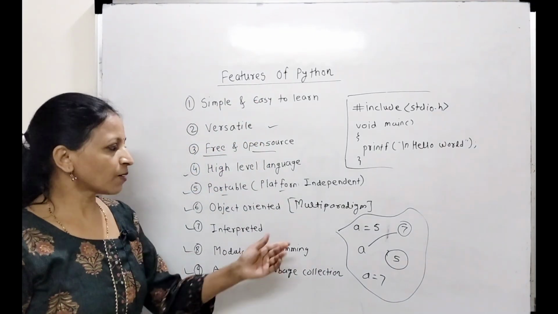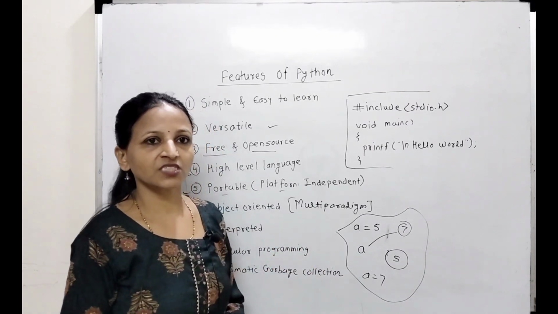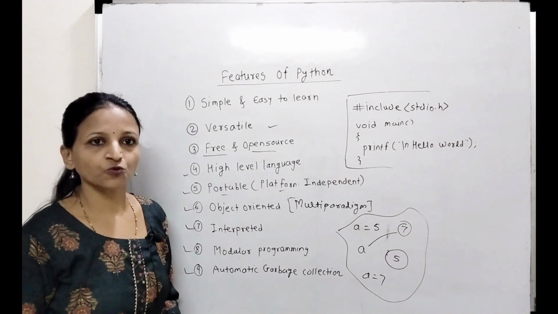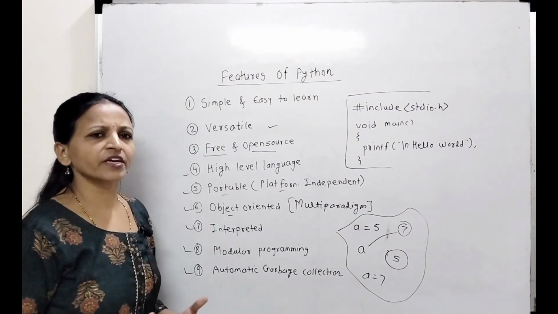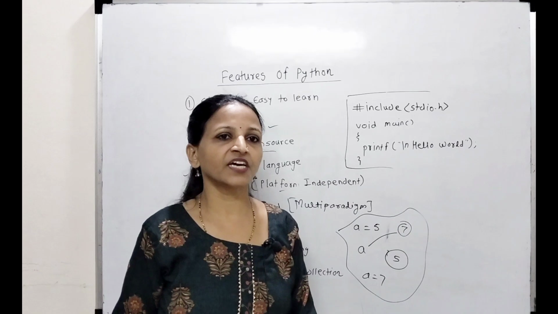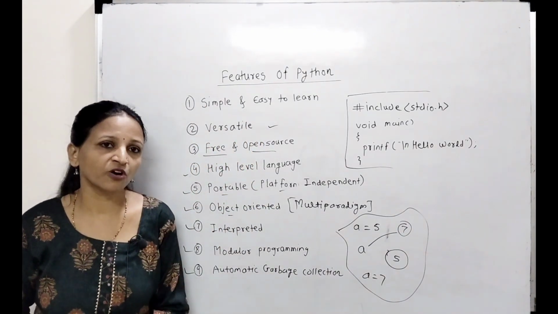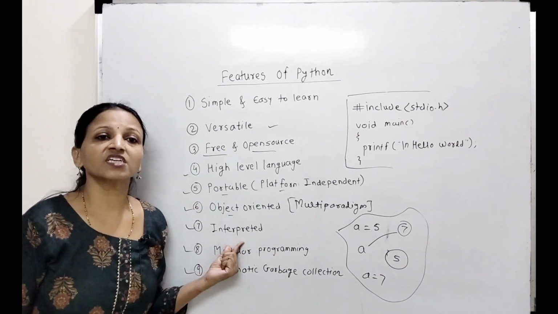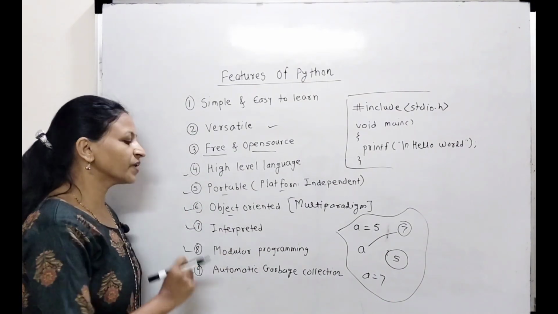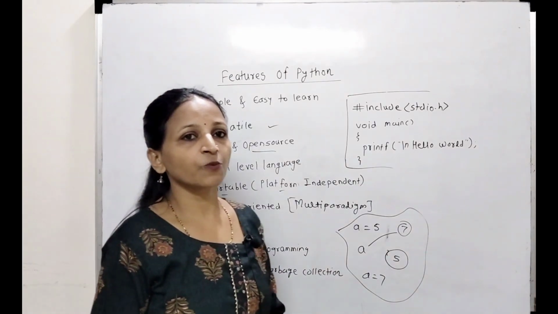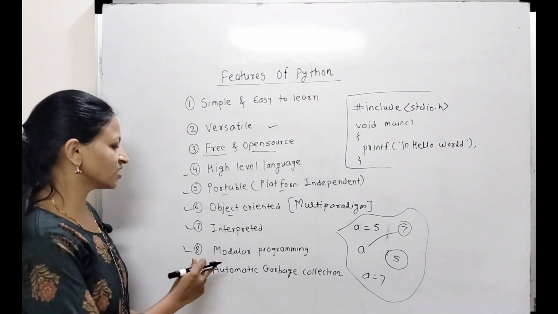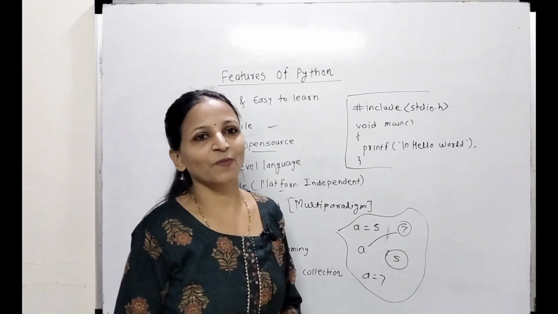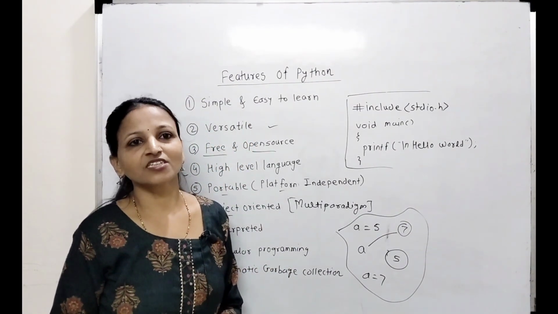Okay, means you can divide a program into different functions. That procedure oriented approach is here. Again, you can write a program with the help of the class concept, object concept, and so on. That's why it follows object orientation. Whatever object oriented features like class, object, inheritance, encapsulation, polymorphism, all are supported by Python. That's why it is an object oriented language. An interpreter is used as a language translator. That's why it is interpreted. Modular programming, of course you can divide a program into different modules or functions. That's why it is a modular programming language. And there is automatic garbage collection in Python. Getting? These are all features of the Python language.